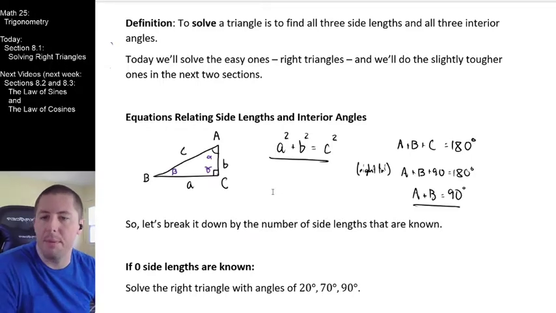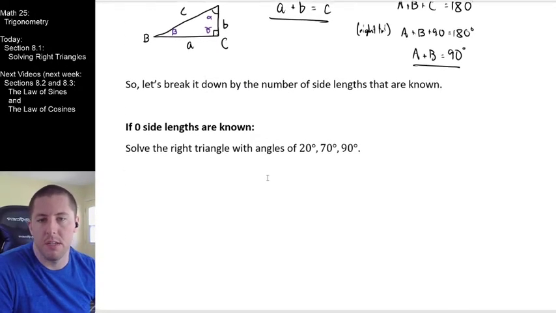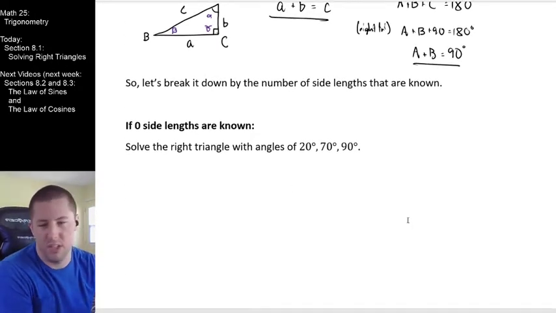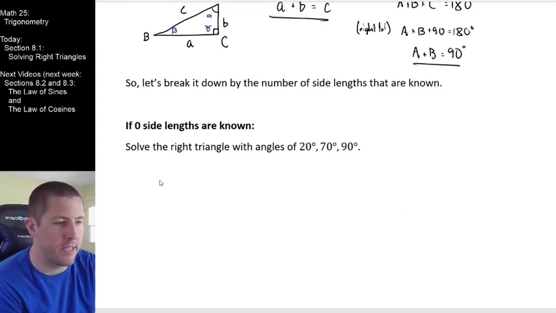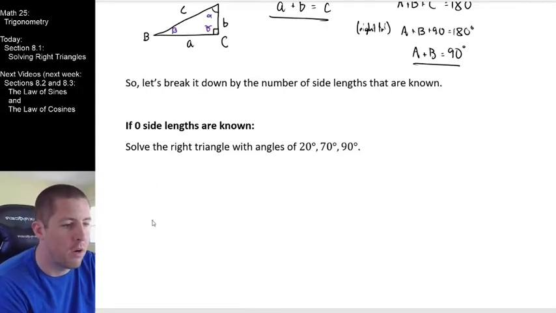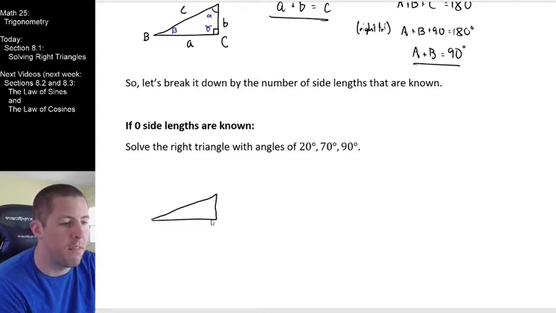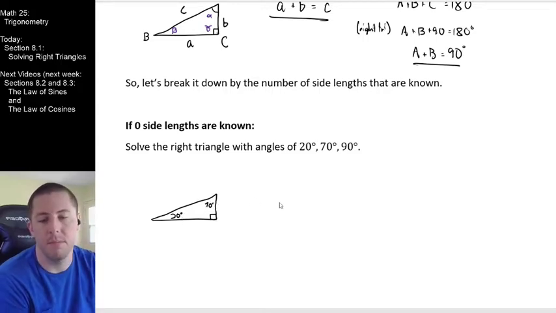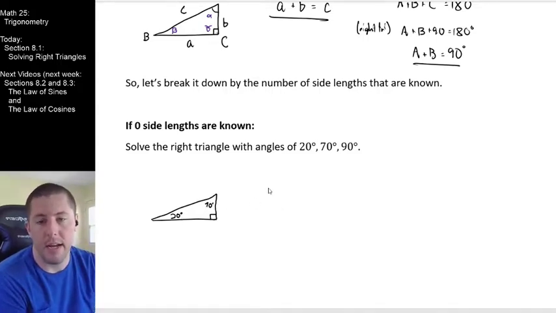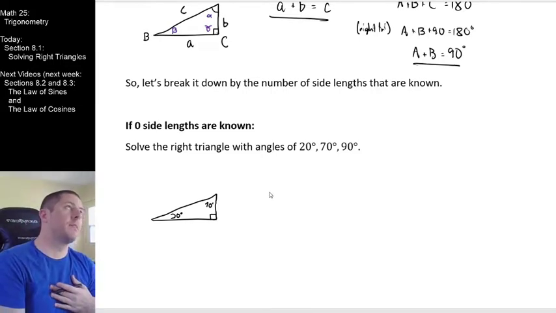This is in effect going to help us cover all possible scenarios associated with right triangles right here. So this is just one way that we can come at making sure we see a little bit of everything. So first example here is, can we solve this triangle right here, which has a 90-degree angle, a 20-degree angle, and a 70-degree angle? And the thing that you should recognize right away in this scenario here,